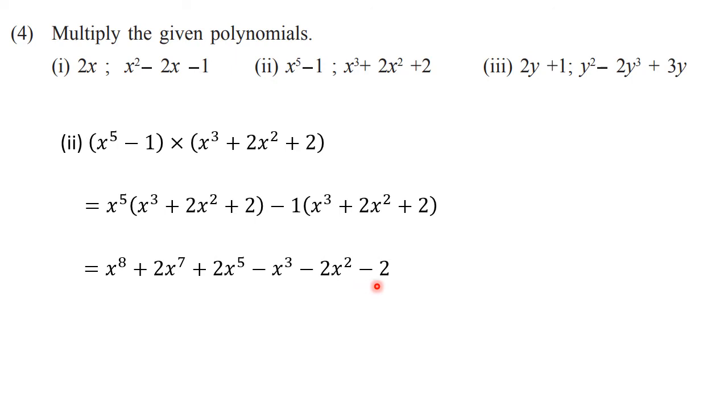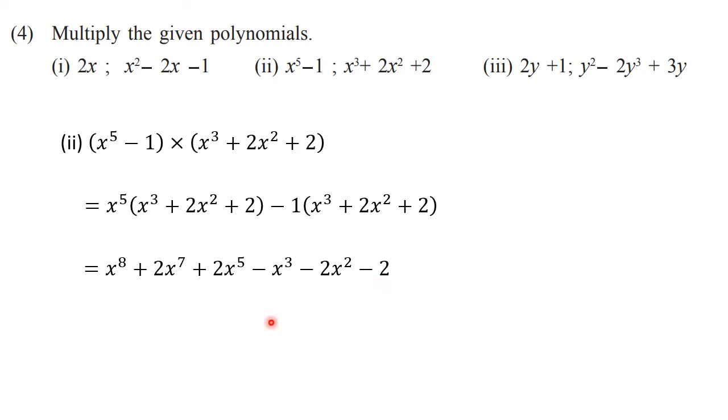Now afterwards, next thing is to write down the polynomial in standard form. That means in the descending order of the powers. And if we have like terms, then we have to take them together to add or subtract. Here what we can find is all the terms are already arranged, that means the polynomial is in the standard form, and we don't have any like terms here to add or subtract. So this is our answer.